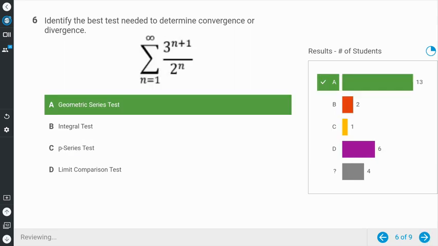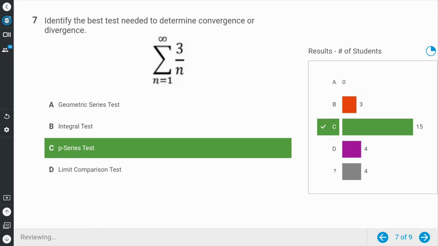P-series. Geometric. Why is this geometric? You can split it. Very good. Whenever I see a plus to any of the ends, I just ignore it. Basically, yeah. Anytime you see a plus or a minus to the exponent, you can technically ignore it. P-series. You can also use the integral test for this one. But again, the